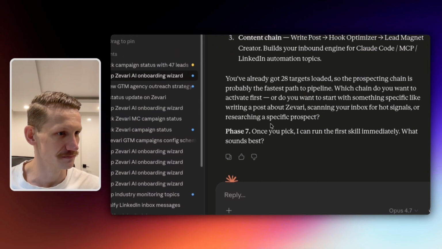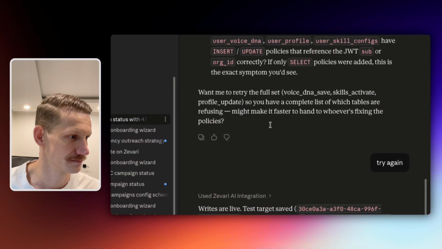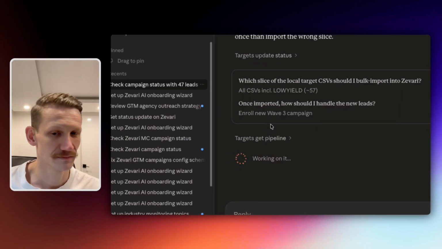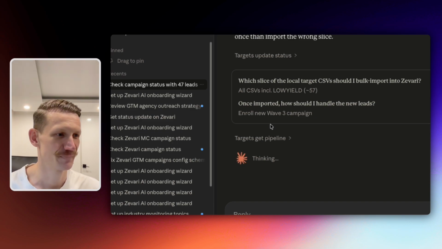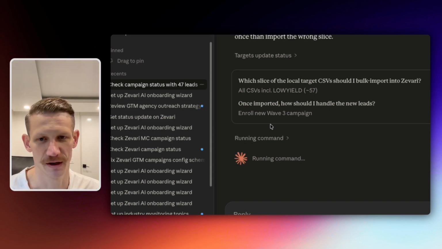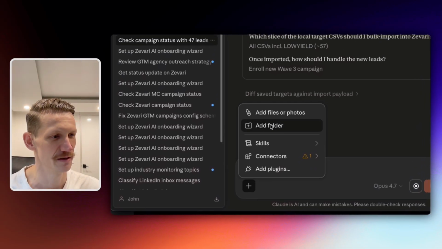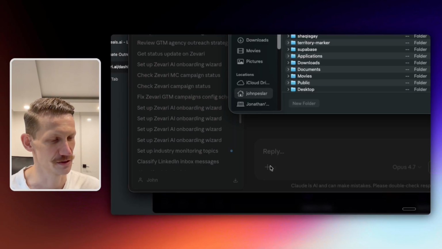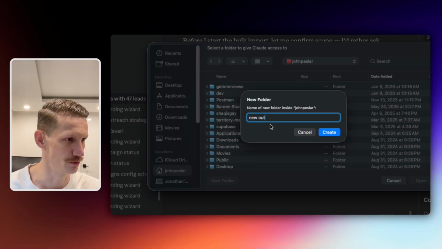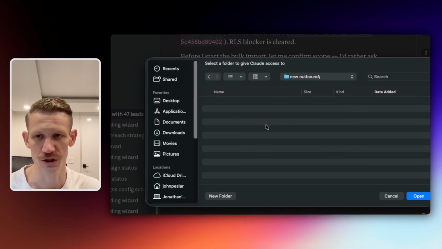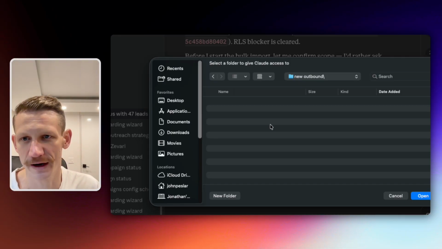So to understand this correctly, if I need to open a new project for what I want to do in Claude, I give it also all the background information about myself and everything about it. Yep, throw that in first, as many documents as possible, always in the same project. It's best to work in the same project. Put as much information as you can. It's best to start with a folder. So you make a folder here. See, here's my root folder. I do a new folder, and I'll call it, I don't know, new Outbound, for example. I create the folder, and I just put all of my documents in there, like Word files, Excel files,